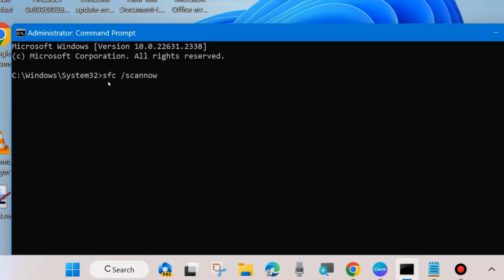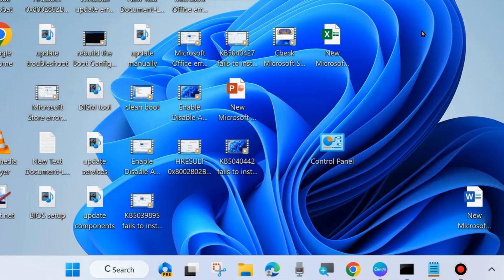And thereafter execute the sfc /scannow command. It will scan your system for any corrupted files and repair them accordingly. Wait till 100% verification. After that, restart your system. Your printer